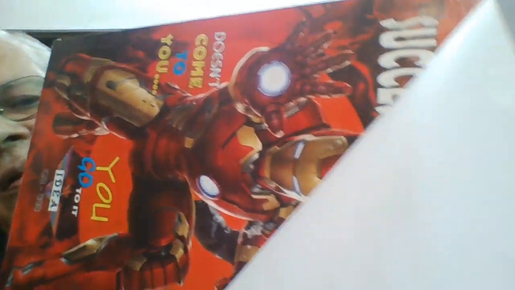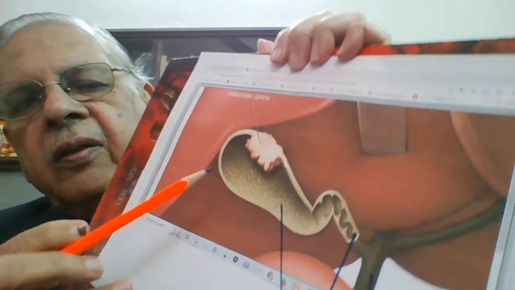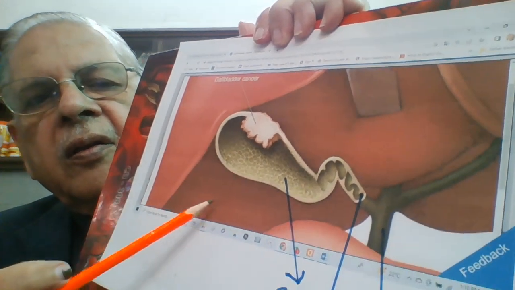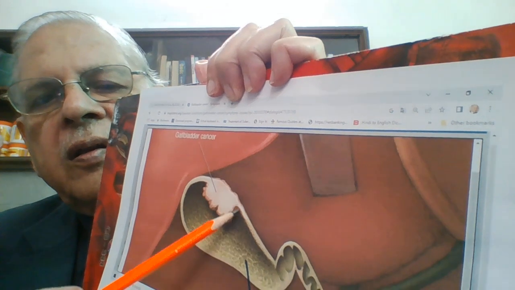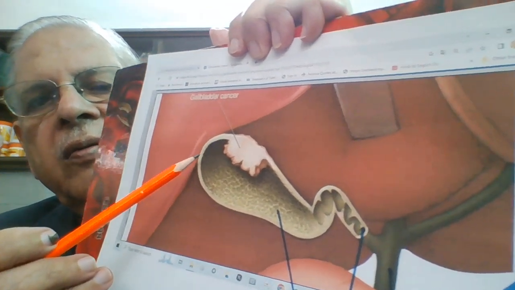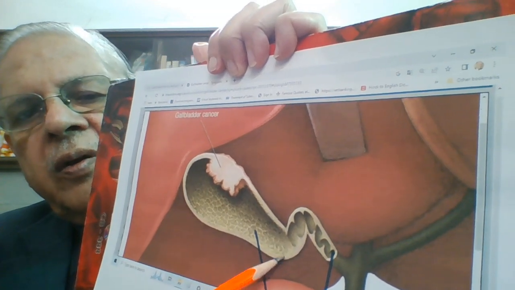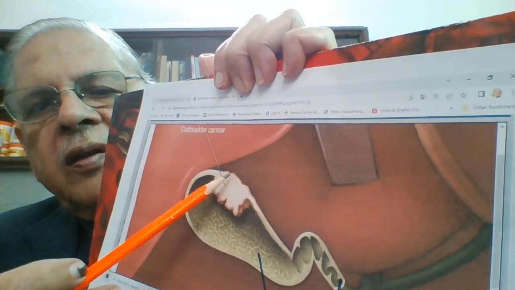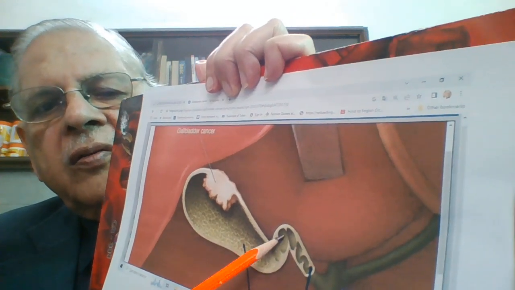You can see this is the gallbladder, this is the liver. You can see it very well here. This is a globular pear-shaped organ, and this is the cancer in the gallbladder, and this is the cystic duct